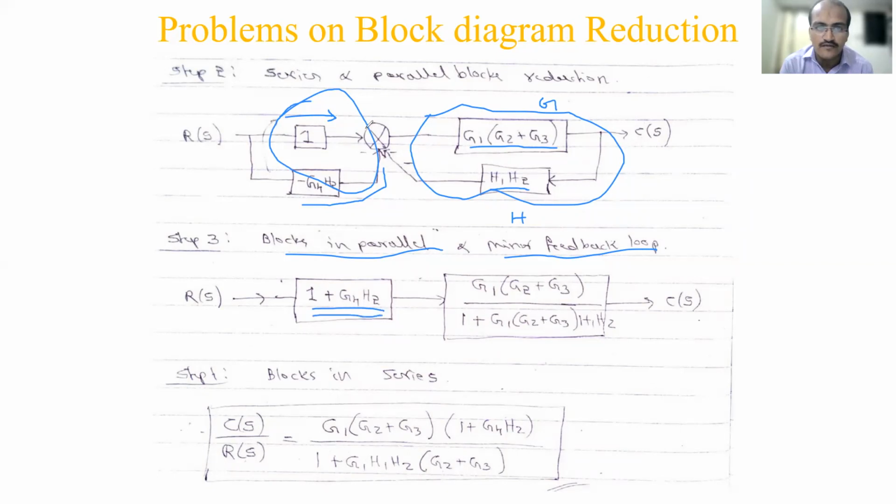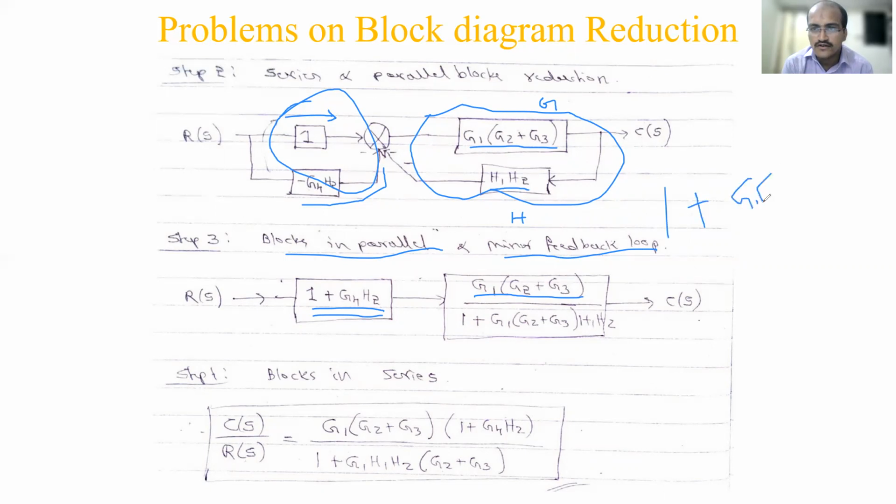Okay, the minus sign was there. Then here, I have directly written it because now you have understood. So which one will cancel out? In the G part, you have G1 into (G2 plus G3) in the numerator. In the denominator, you will have 1 plus, in the G place, G1 into (G2 plus G3).